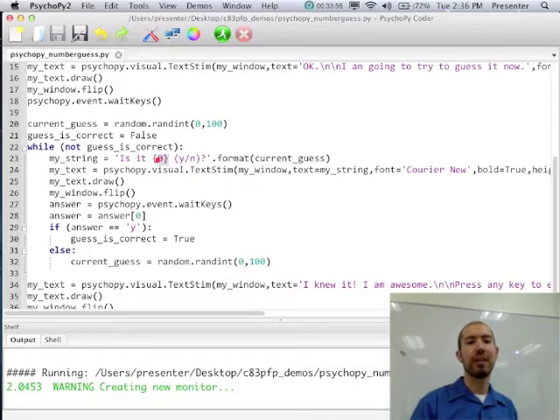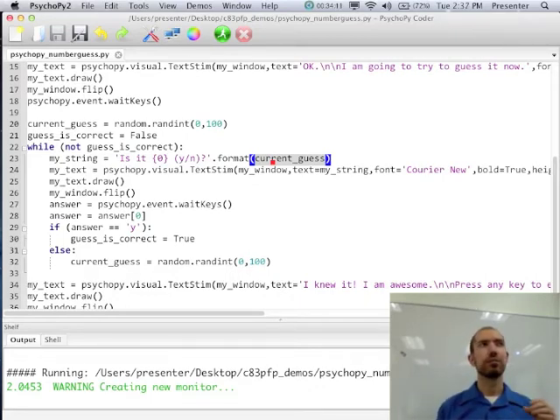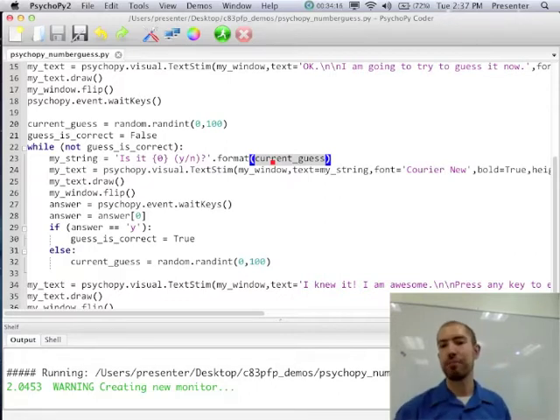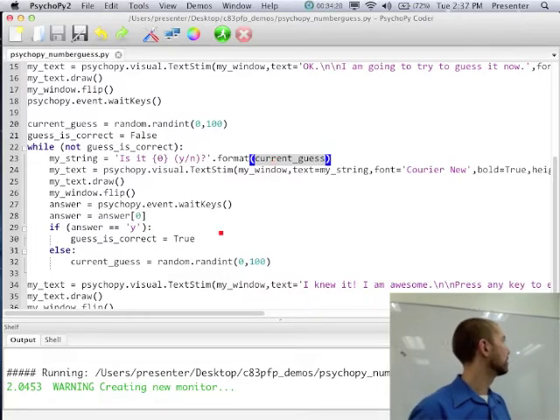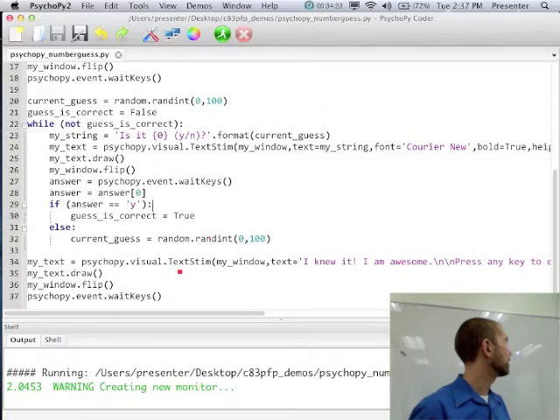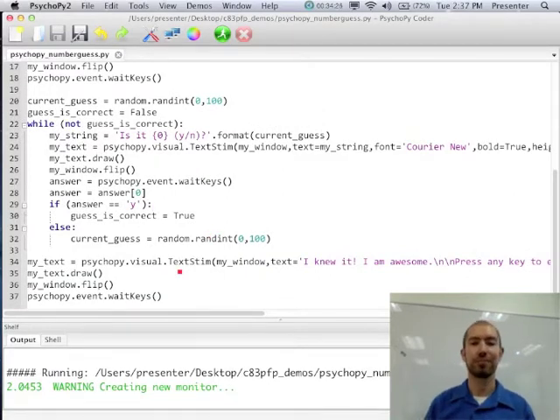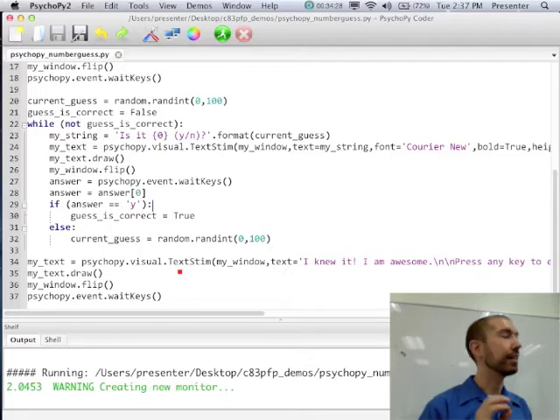In this case, what format is doing is taking this curly brace 0 and replacing that with a number that you specify. And again, we're going to worry about the details of that at a later date. But the idea here is essentially that objects are not always just things like windows or text stimuli or so forth. You can actually treat very basic things like strings as objects as well. So I know it's not good to treat people like objects, but it is good to treat things like strings and numbers and so forth as objects sometimes. Okay, so that's just a super quick intro to what objects are in Python.